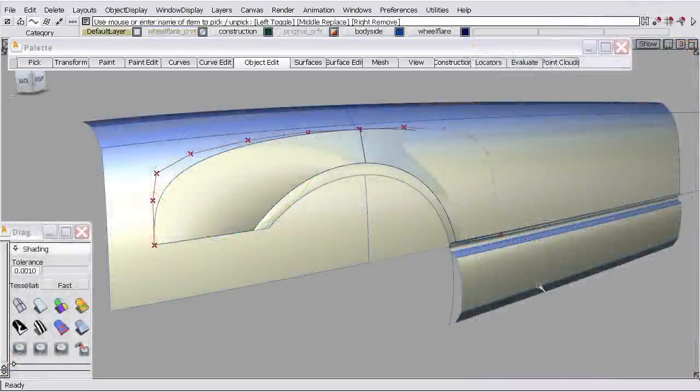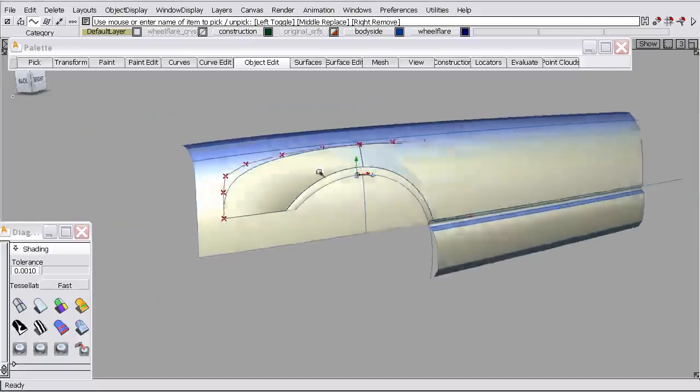I'd like to demonstrate an alternative method to building a quarter panel transition. Often users use a procedural workflow where they create curves, project them onto surfaces, and then create surfaces with continuity. An alternative to that is to create some generic forms and then use the Align function to gain continuity. So in this situation,